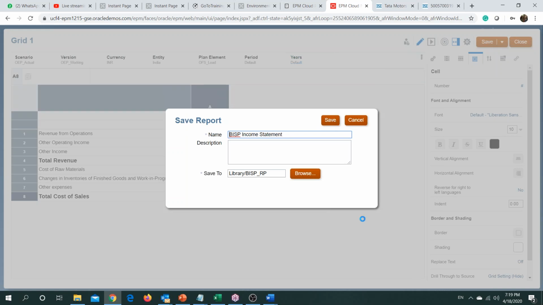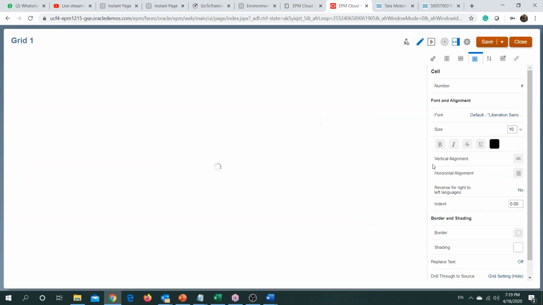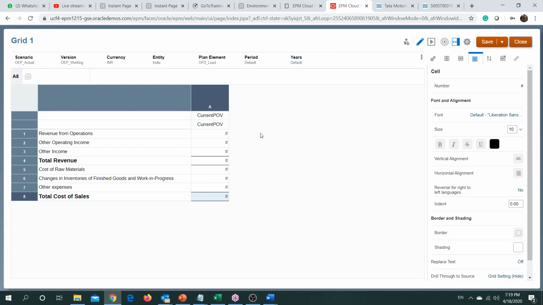Now once done, we need to bring in this particular report into our report package. For that, what we have to do, we again have to move to our report package. Just close. So let me just close some things because it is consuming memory and creating issues. Okay, my system is a bit lagging.